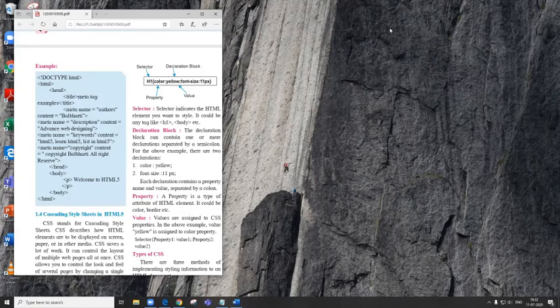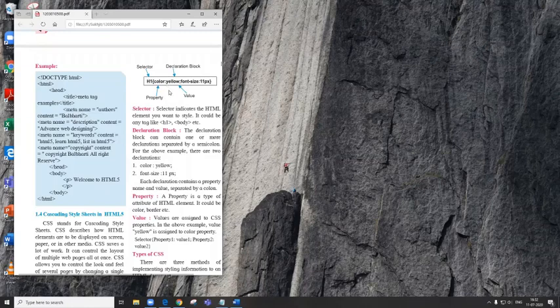And the two declarations have been separated with the help of a semicolon, if you can see. This is a semicolon. So this is one declaration and this is another declaration, and the two declarations are separated by a semicolon, and the value for a declaration is not given with the help of an equal sign, it is given with the help of a colon. These two dots here.